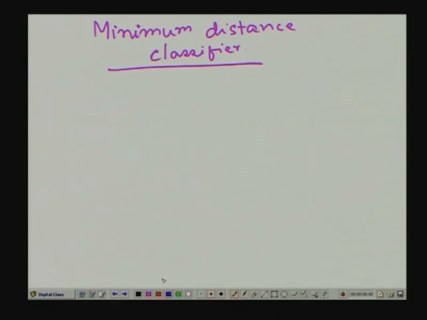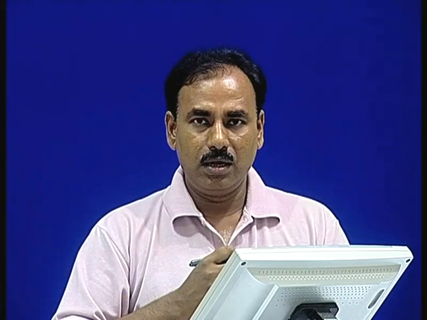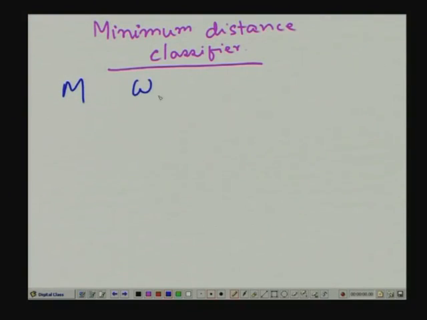So, what is this minimum distance classifier? Suppose I have capital M number of object classes, and for the objects belonging to a particular class, I have a set of feature vectors. So, every class, say every ith class, is represented by a mean feature vector, where the mean feature vector of object class omega i is obtained as mi equal to 1 upon ni summation of all the feature vectors x for all x belonging to